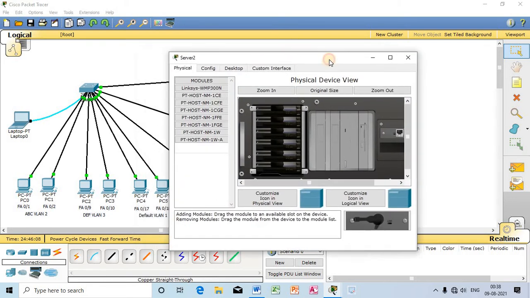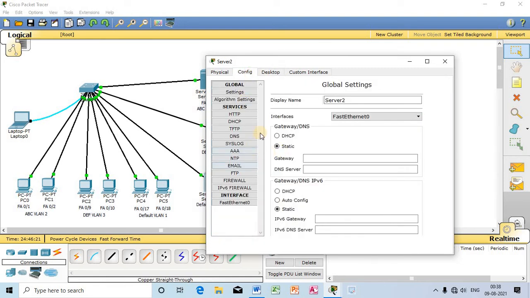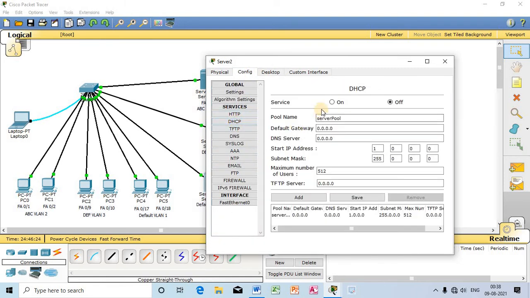Let me repeat the process over here. 1.1.1.3. Here I will provide the DHCP starting IP 1.1.1.10, and the number of users, let me provide 10.